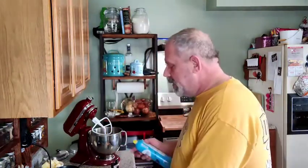And then the next thing you want to do after that is grease your Bundt pan. You can use butter if you have some melted butter laying around, or you have a small pan to get a small amount of butter together. You can buy little saucepans designed to heat up any small amount of sauce, but you can use them to melt butter, and you can line your Bundt pan with that,